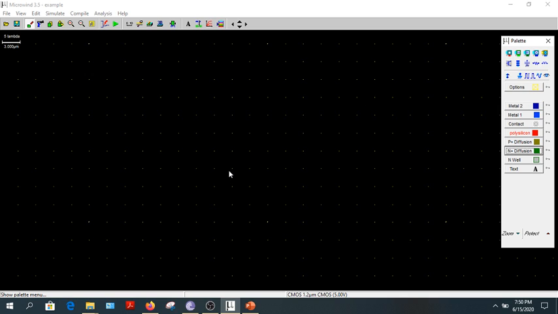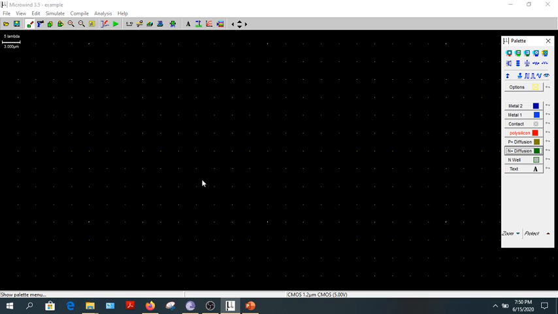The use of this software is that you can understand the basic fabrication working of how MOSFET fabrication takes place. This is just a light version of it with a trial period of 15 days, but my college has purchased it and it is licensed software. I'll give you an overview of how this software works so that you can understand how real fabrication might be. This is not the real fabrication way, but you can get a view of how real fabrication might look.